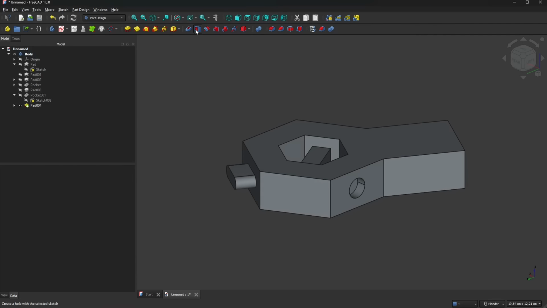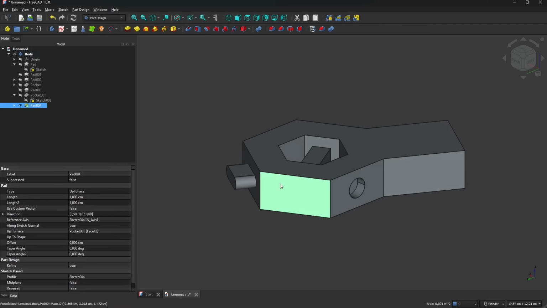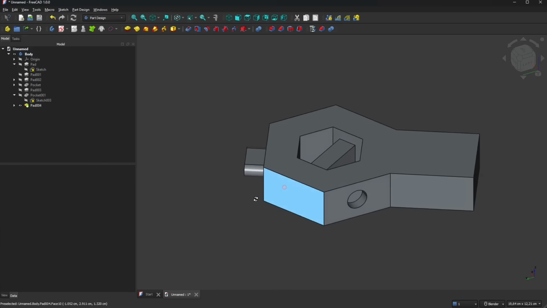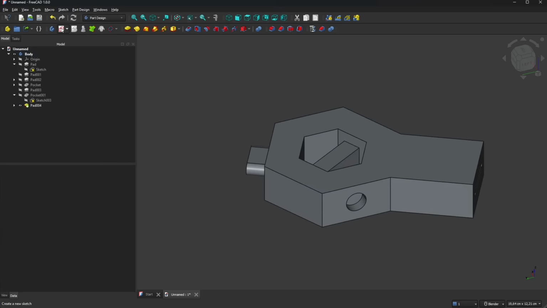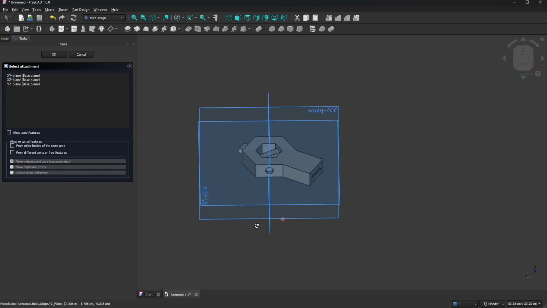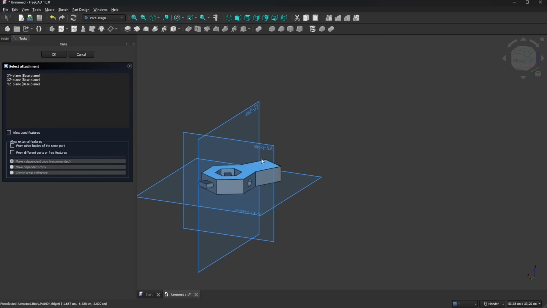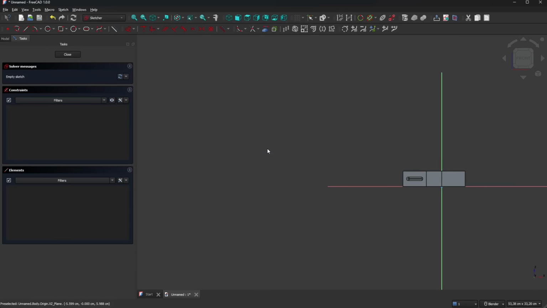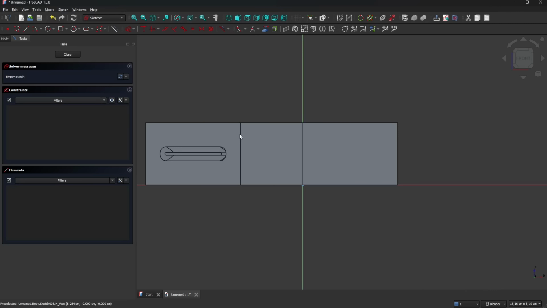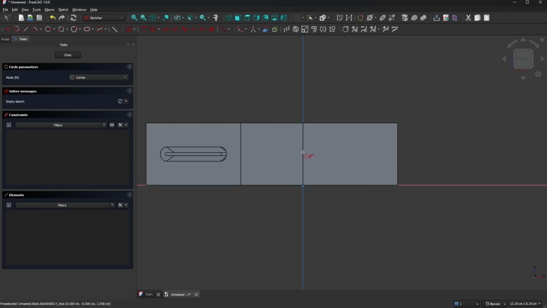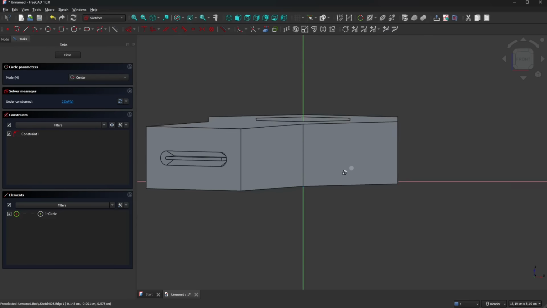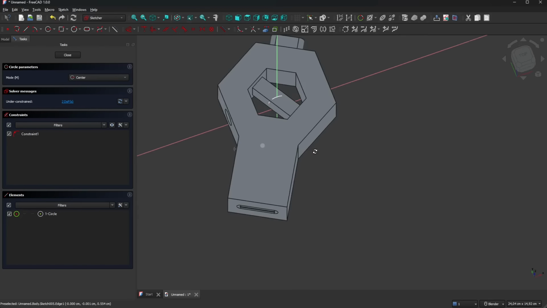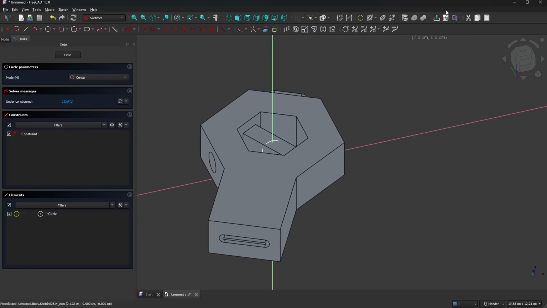Next one in line is going to be the hole. So to create a hole, we still need a sketch. And I'm going to do something different right now. I want to create a sketch with the standard sketch and position it on this plane. Okay, so it goes here. And then I'm going to create a simple circle, which we don't really see, so it's right there. And remember, you can always cut